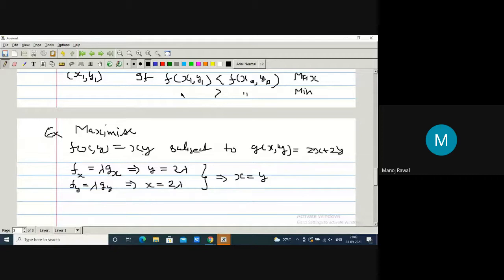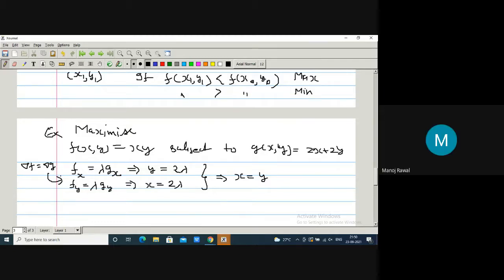Okay, so we have to maximize this function subject to this by Lagrange multiplier. By Lagrange multiplier, the following equation we will get: del f is equal to lambda del g will give us this relation. Am I there, students? Can you hear me or not? There is a confusion. Yes sir, now we can hear you.